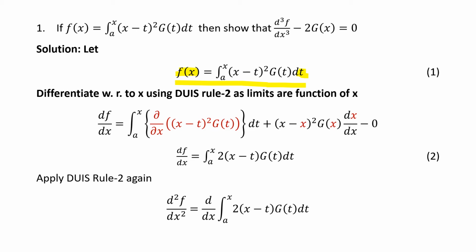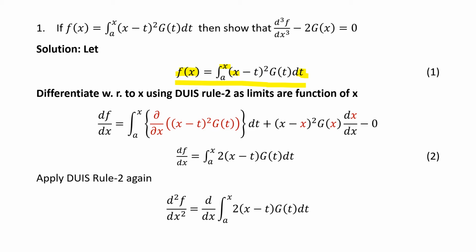Now x, which is our parameter, is in the function, and x is also the upper limit. So here the upper limit and lower limit are not both constant. The lower limit is constant but the upper limit is not constant; it is a parameter. So when we want to differentiate f with respect to the parameter x, we need to apply DUIS rule 2. Okay, so it is clear. I'll just repeat the same statement once again. Whenever you are given any problem, you have to identify the variable of integration, parameter, and constant.